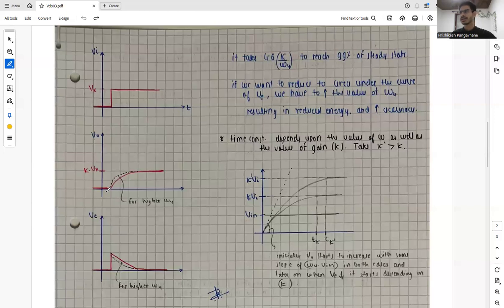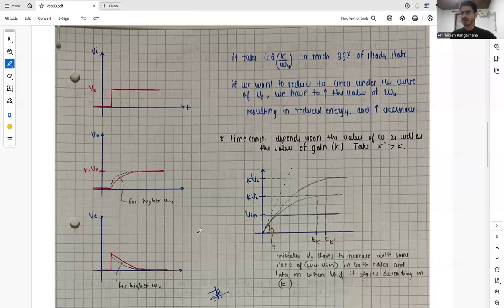And which will basically result in reduced energy and increased accuracy. So let's talk about the time constant, which depends upon the value of omega u, as well as the value of gain K. Let's take two different gains, where K' is greater than K. This will be the initial slope, omega u times Vn, and it will start with this slope. Initially Vo starts to increase with some slope omega u times Vn in both cases, and later on